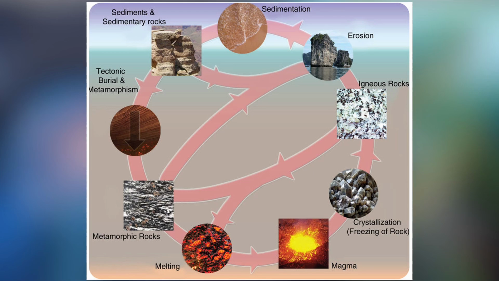Sediments themselves aren't rocks, they're sort of fragments of rocks, if you want to think of it that way, which then, through further sedimenting and compaction processes, form sedimentary rocks. Sedimentary rocks, in turn, can also be subject to weathering and erosion to form new sediments and then new sedimentary rocks. Or they can be subject to heat and pressure to form metamorphic rocks and then finally melt to form magma. So that's the relationship between the three different rock types.